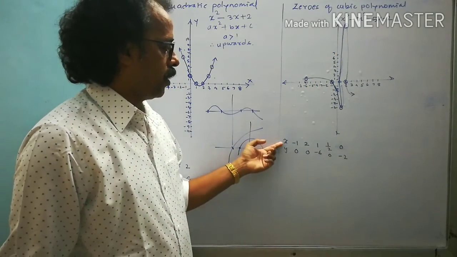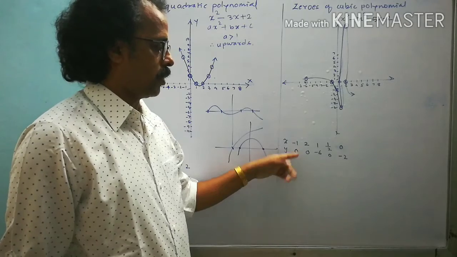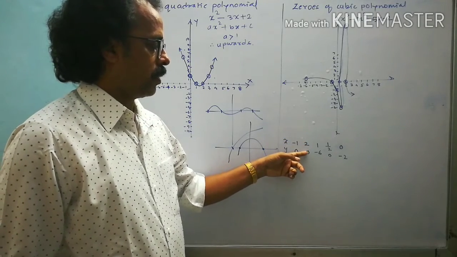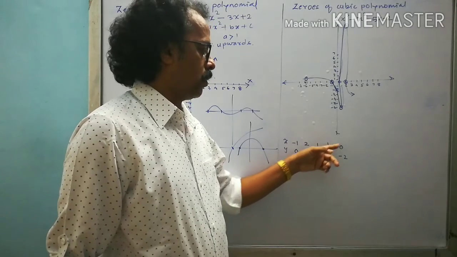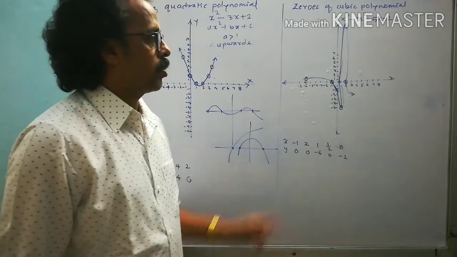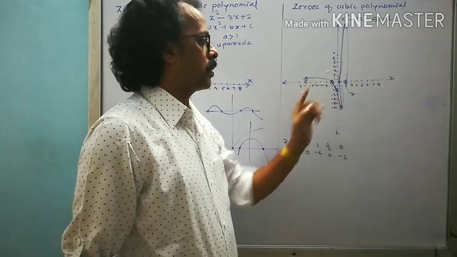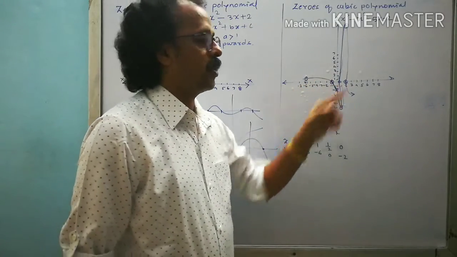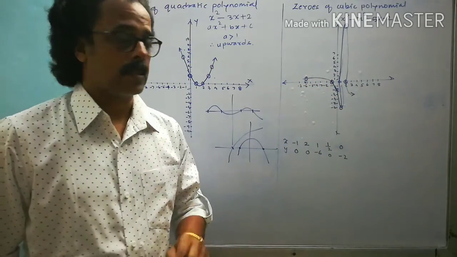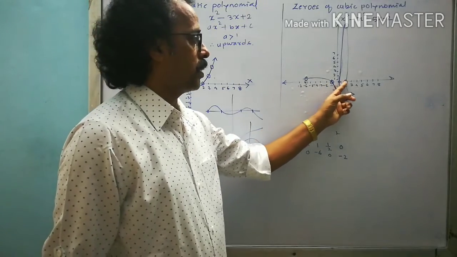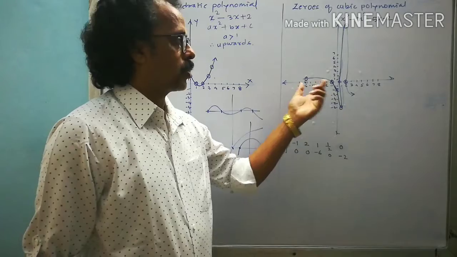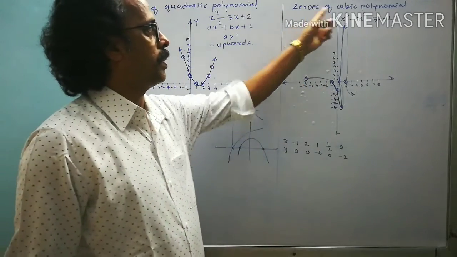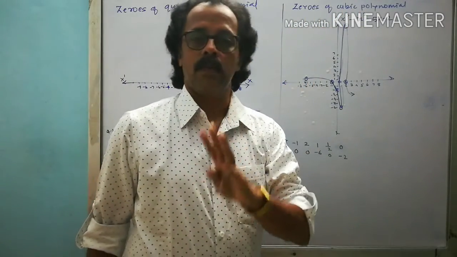If I take the value of x as minus 1, I am getting y as 0. 2 is 0, then I am getting 0. If I take x as 1, then minus 6. Half, then 0, and 0, then it is minus 2. So if I draw the graph, the graph will be like this. Again, at how many points does it intersect the x-axis? 3 points. So obviously we can say that these are the total 3 zeros of the given polynomial. Since the name is cubic, obviously you will have 3.